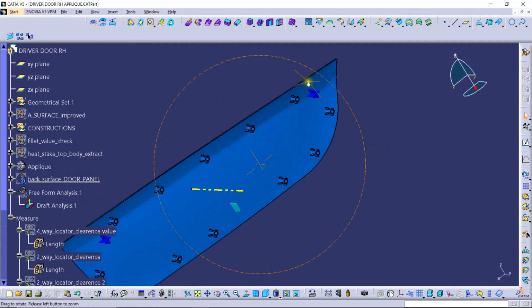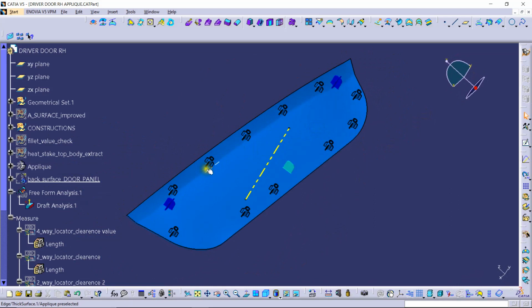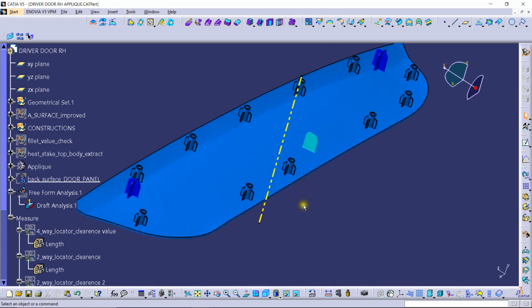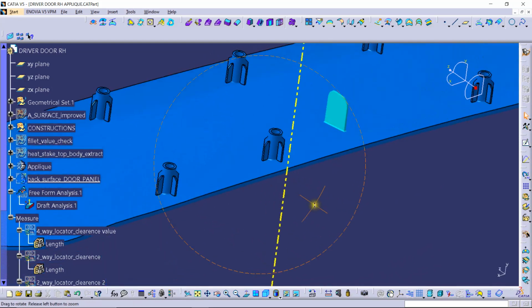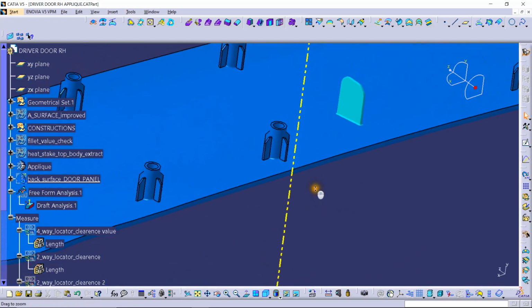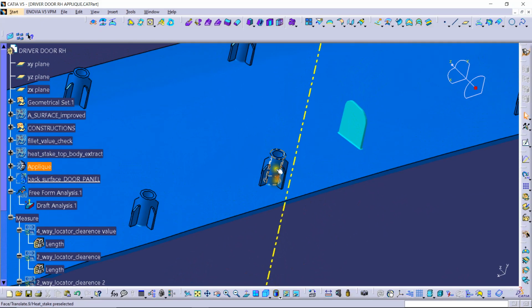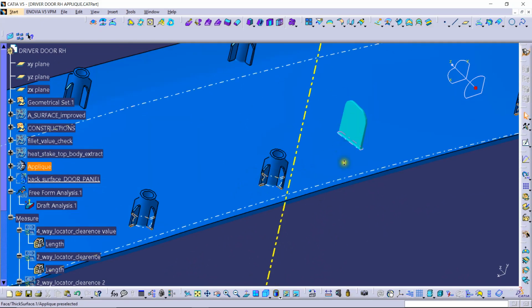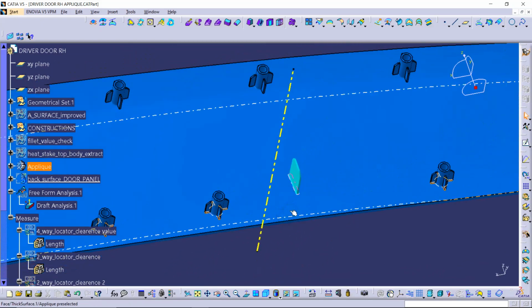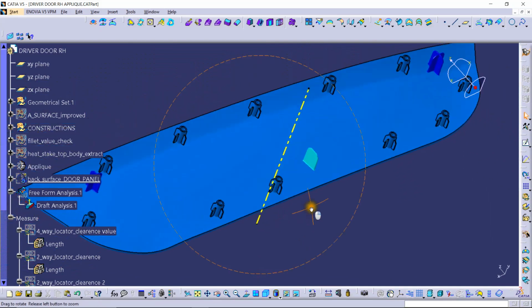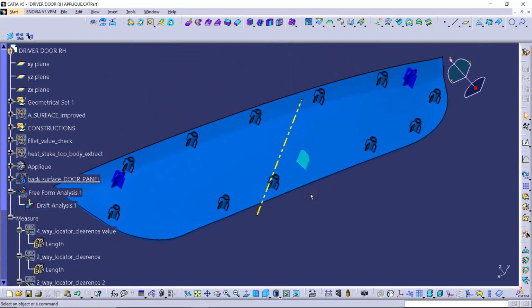So you can see the engineering features. These kinds of things are usually used to attach or mount the part to other components. These engineering features should follow the injection molding principle. For instance, in this case, the draft angle for these screw bosses and locators is about 0.5 degree, so it can be easily ejected from the molding tool.